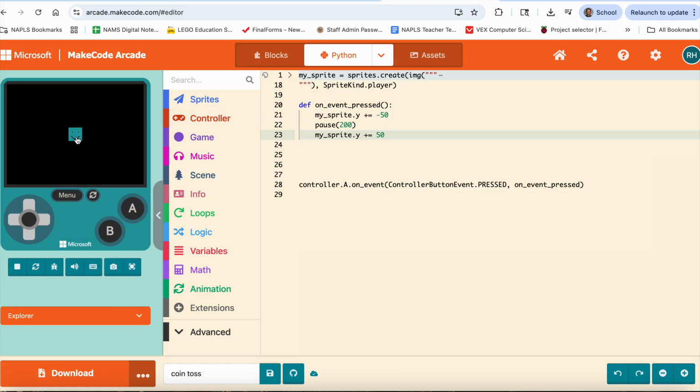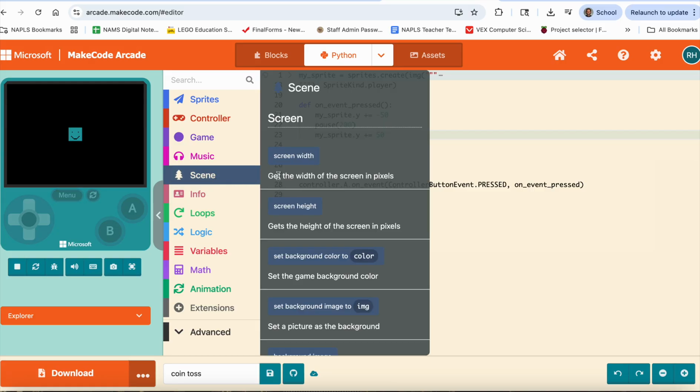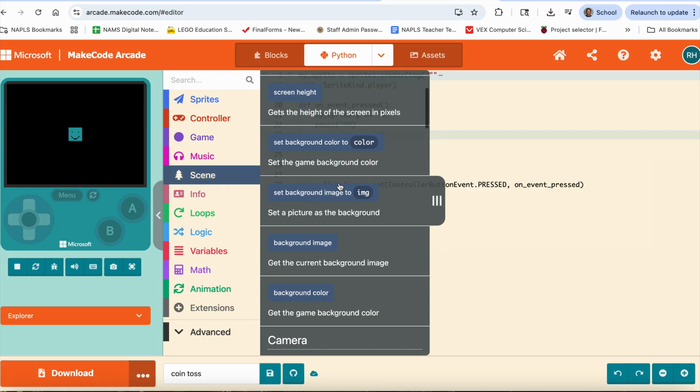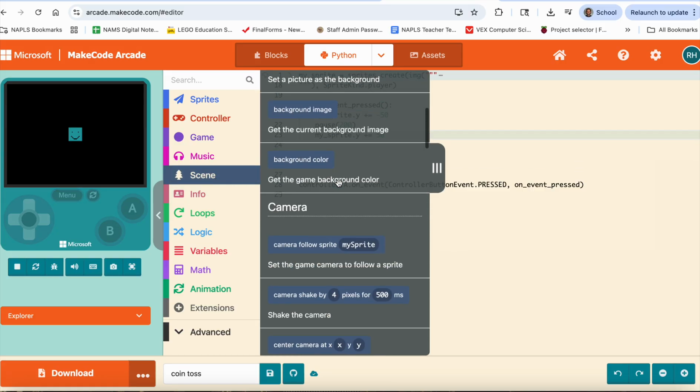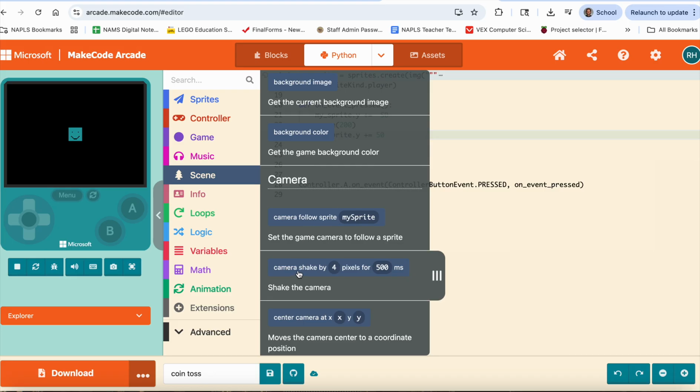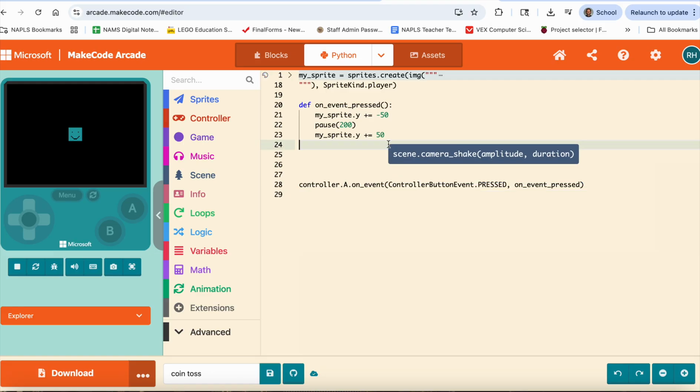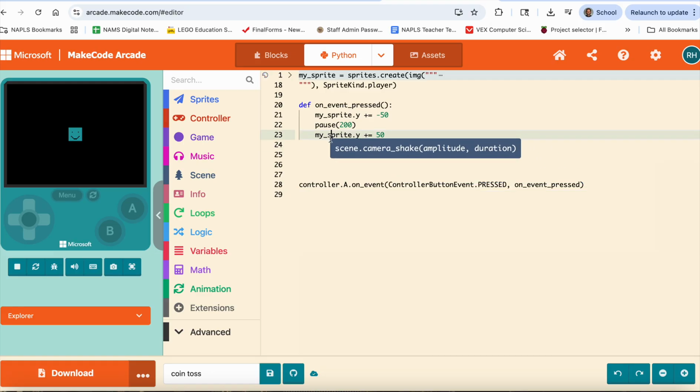So let's click play, and then we click the A button. So we got the up and the down. That looks perfect. And now what we want it to do, once it goes back down, like when it lands on the table and it kind of spins, it kind of shakes, we want to simulate that. So I'm going to go to scene, and let's see if we can find the one that says camera shake. Oh, here we go. It says camera shake by 4 pixels for 500 milliseconds. So I'm going to drag that, and I'm going to put it right here